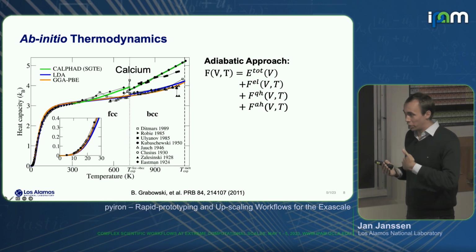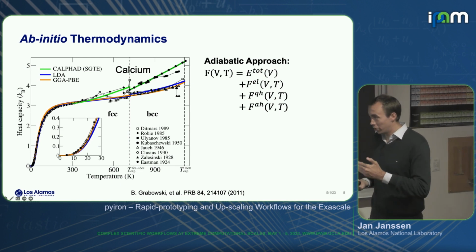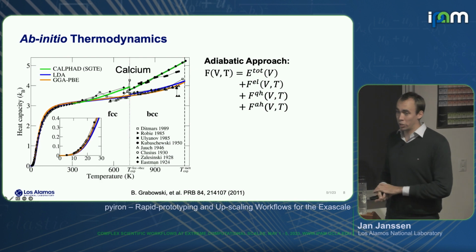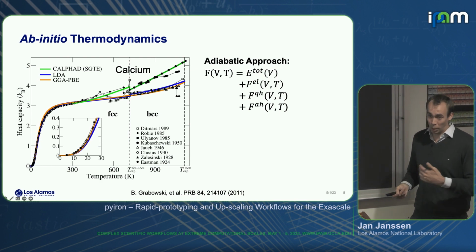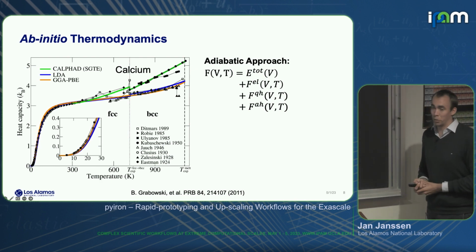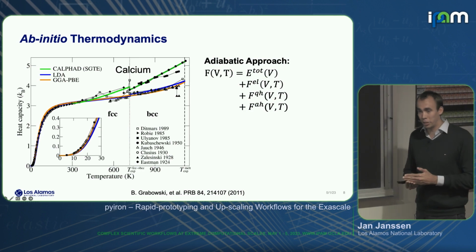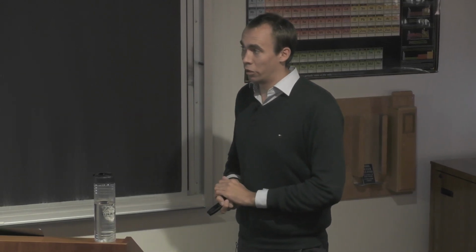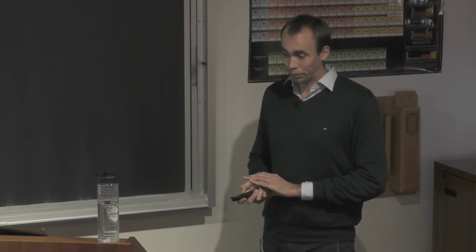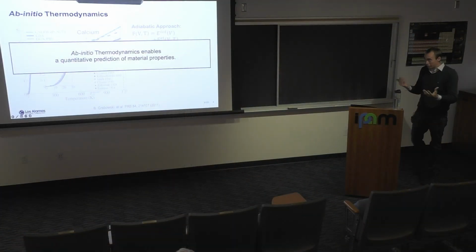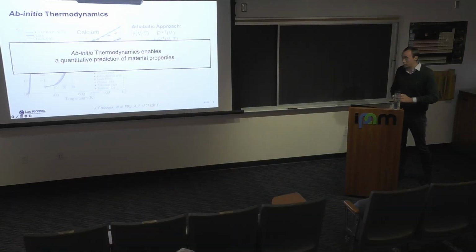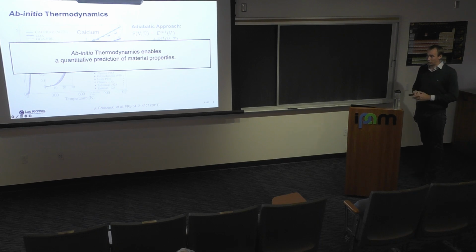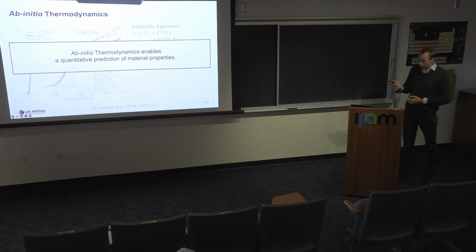And only by showing them these kinds of theoretical predictions, and showing that the theoretical ones agree with the lower branch of experiments, we were able to convince them to update the database and also agree with the lower branch. So we're really now at the stage where we can not only use theory to make qualitative predictions, but really make quantitative predictions that align one-to-one on top of the experiments. That is possible with this technique that Jörg really drives in the department, of developing hyperparameter thermodynamics, to make quantitative predictions of material properties.